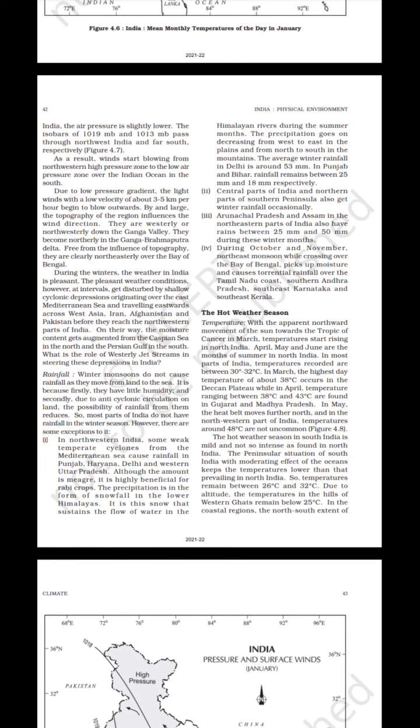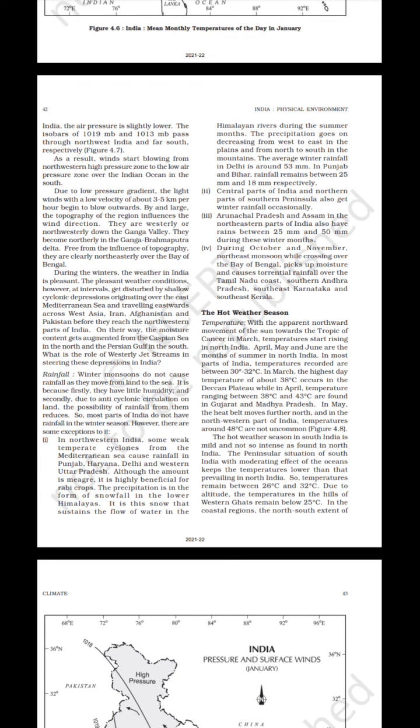The hot weather season. With the apparent northward movement of the sun towards the Tropic of Cancer in March, temperature starts rising in North India. April, May and June are the months of summer in North India. In most parts of India, temperatures recorded are between 30 degrees and 32 degrees Celsius. In March, the highest temperature of about 38 degrees Celsius occurs in the Deccan Plateau, while in April, temperatures ranging between 38 degrees Celsius and 43 degrees Celsius are found in Gujarat and Madhya Pradesh. In May, the heat belt moves further north, and in the northwestern part of India, temperatures around 48 degrees Celsius